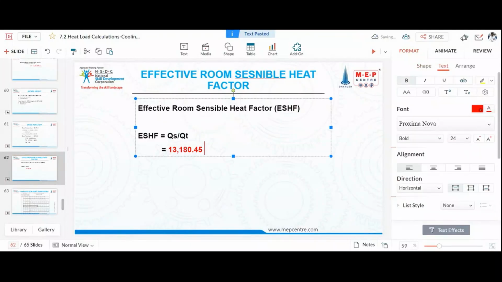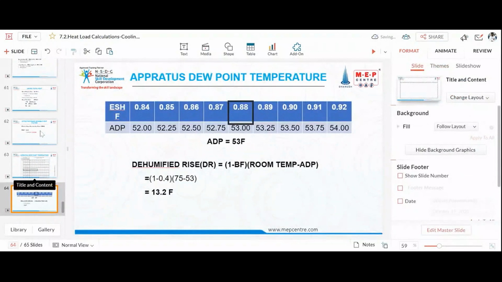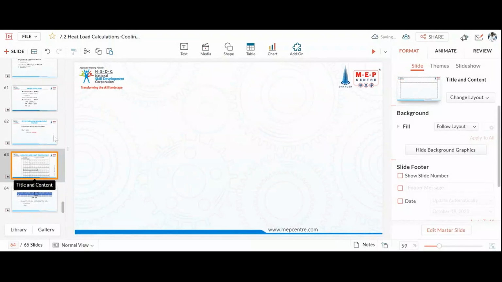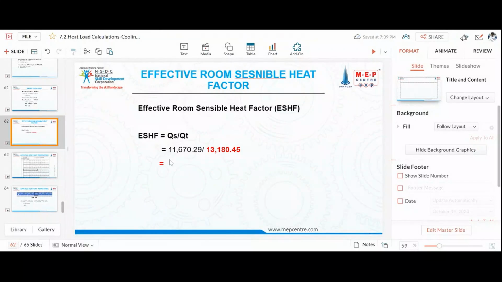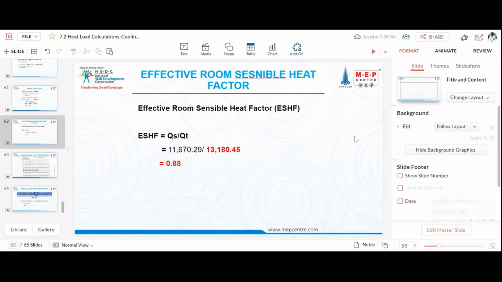How much will you get here? 0.88. Okay. So as it is 0.88,